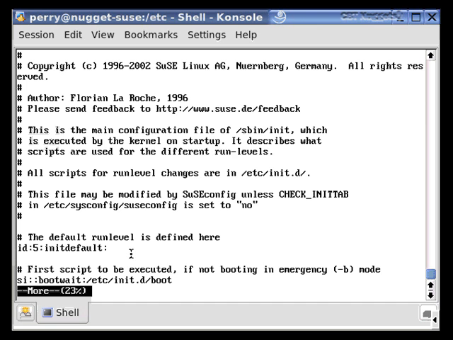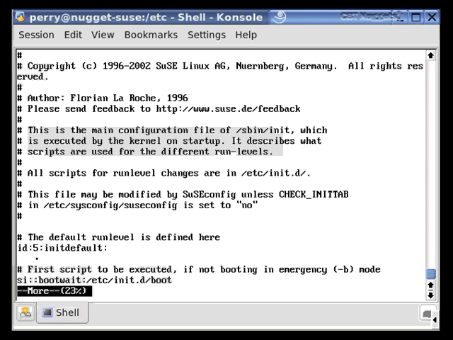Remember, Linux has different run levels, and those run levels correspond to different levels of functionality existing in your Linux system. So here you can see the default run level is 5. That's the most common run level that we're in Linux. Run level 5 has networking, it has X Windows, has multi-user capabilities, so many people can be logged in the session at once. And as you move down from number 5 down to number 0, you get less and less